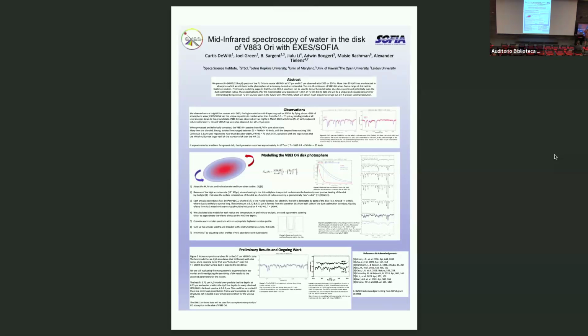I brought a 6-micron spectrum of one of the favorite sources of this conference, V883 Ori, and also V1057 Cyg. 6 microns is right in the heart of the water bending mode. It's been observed on Spitzer at R of 150, but with EXES on SOFIA, we were able to resolve it at R of 14,000, about 3 times higher than what James Webb would be able to do